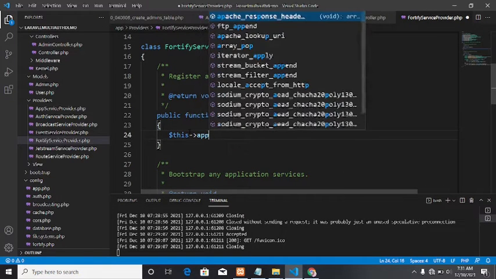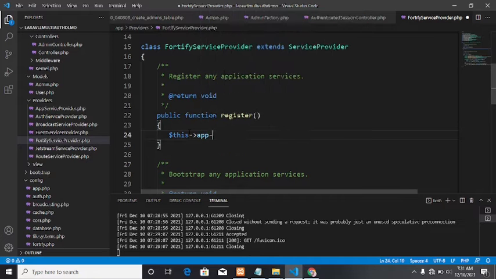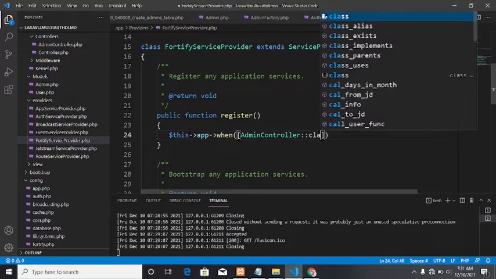I want you to register this app, and say something like when. I'll explain it in a minute. So when AdminController, sorry, this is AdminController into class,